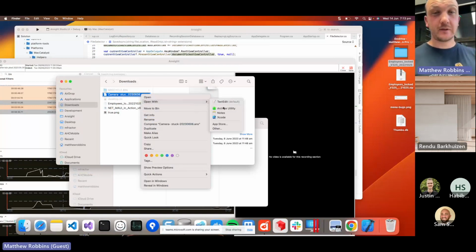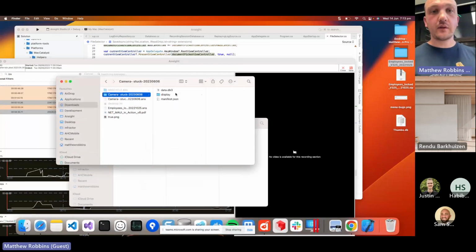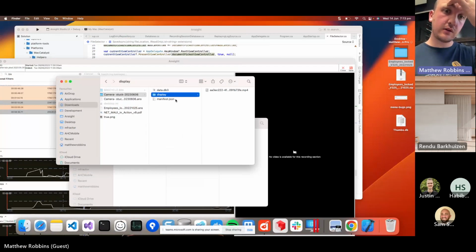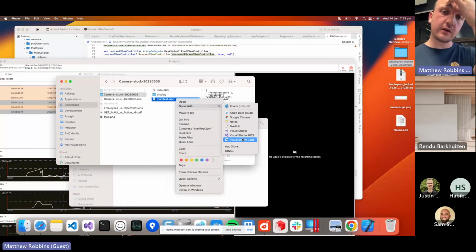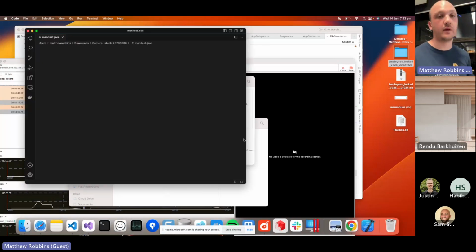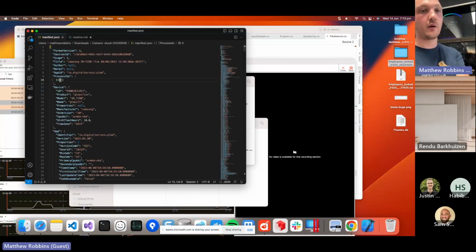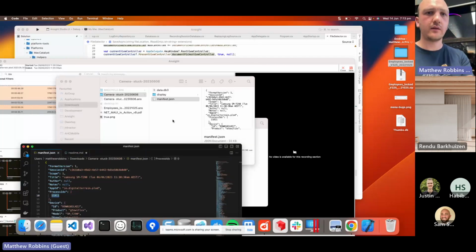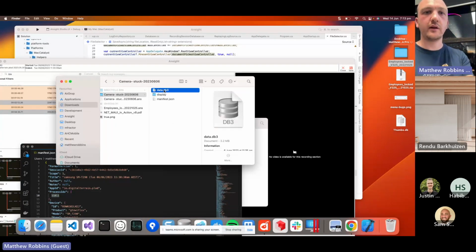With archive utility. So this one in the manifest, because it was targeted to a specific app, it has the process ID of the app you chose. So there is a capability to just show the logs for the app that you want to see. But yeah, in terms of what it looks like,